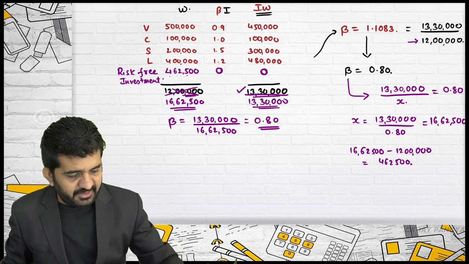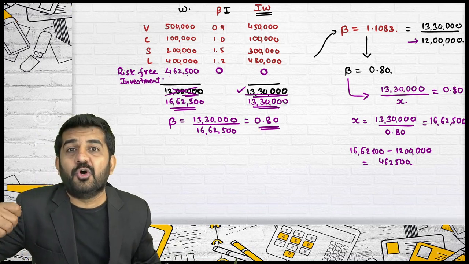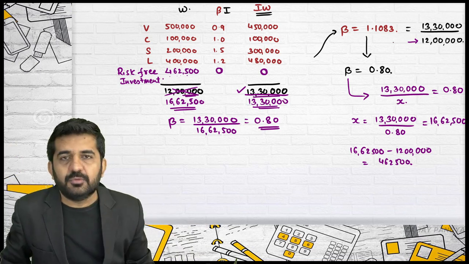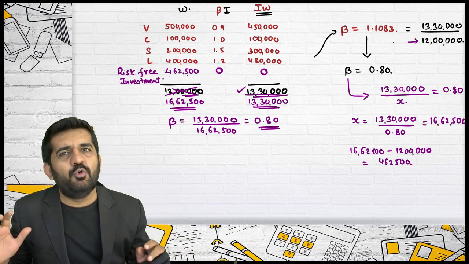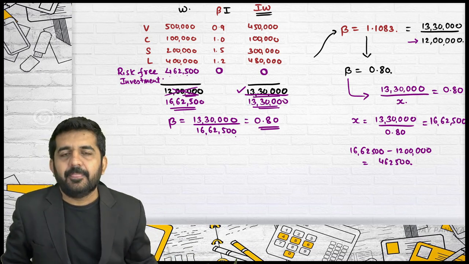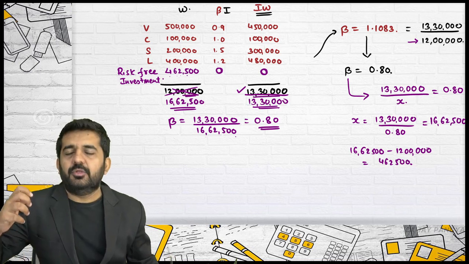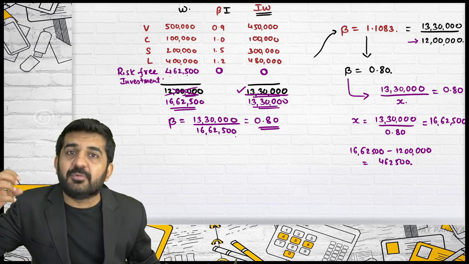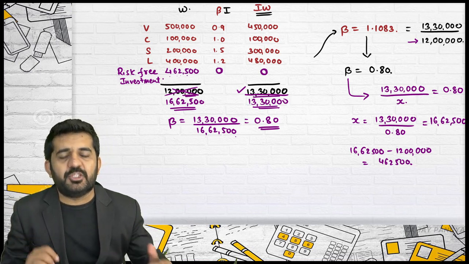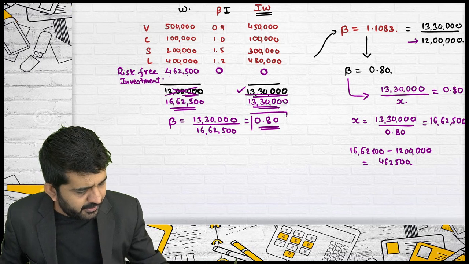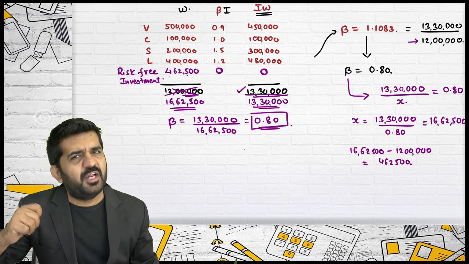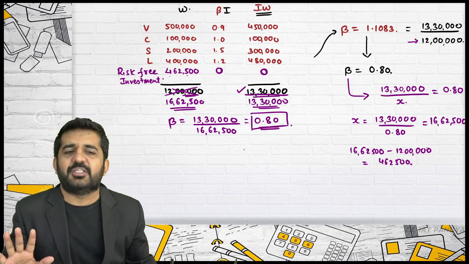This is nothing but how to reduce your beta. If you are having a beta of say 1.10 and ultimately you want to convert this beta into 0.80, then you will have to add some risk-free securities in your portfolio so that the average beta is reduced to 0.80. That's it. Reduction of beta, if done logically, believe me, it is extremely easy.